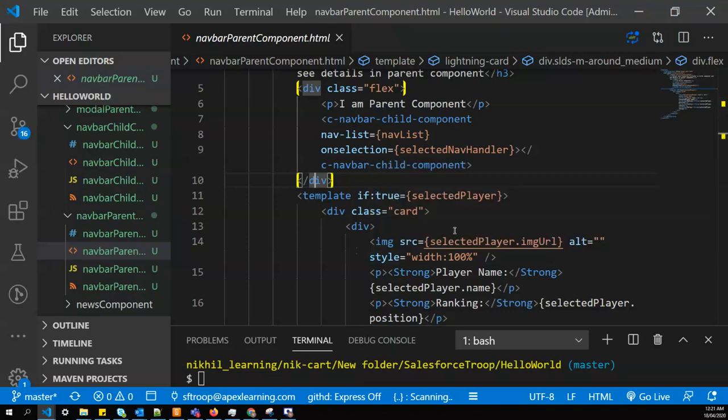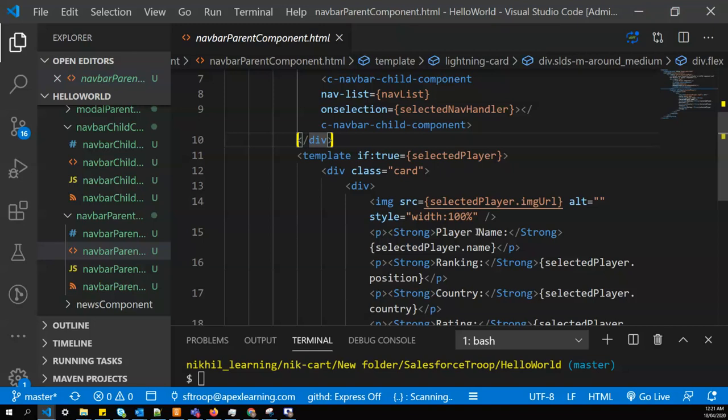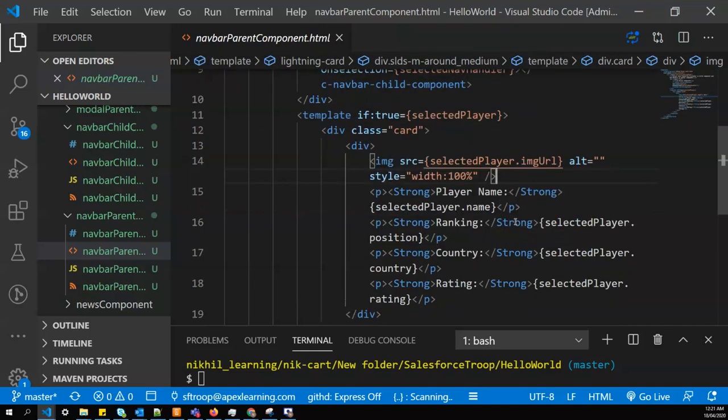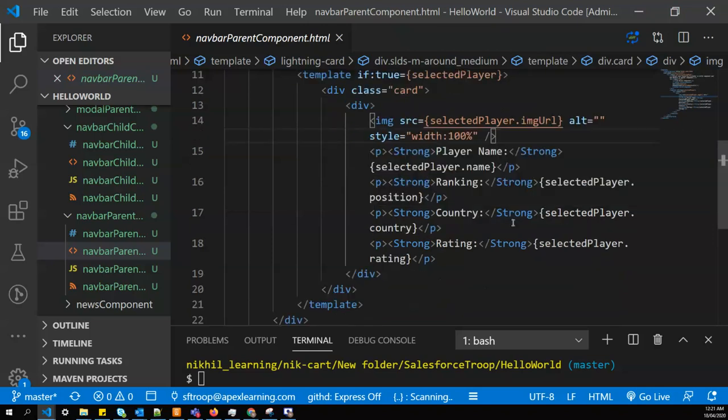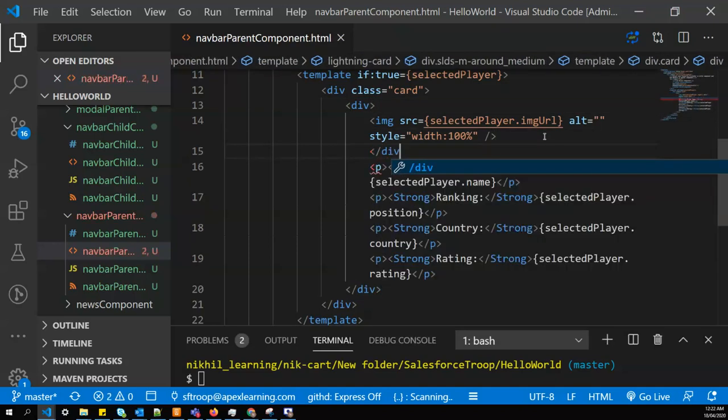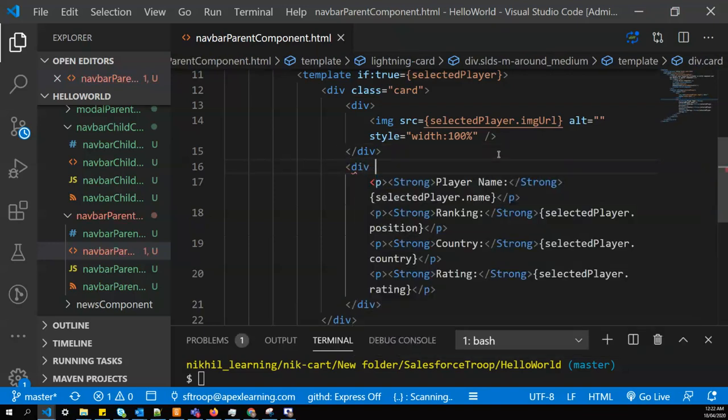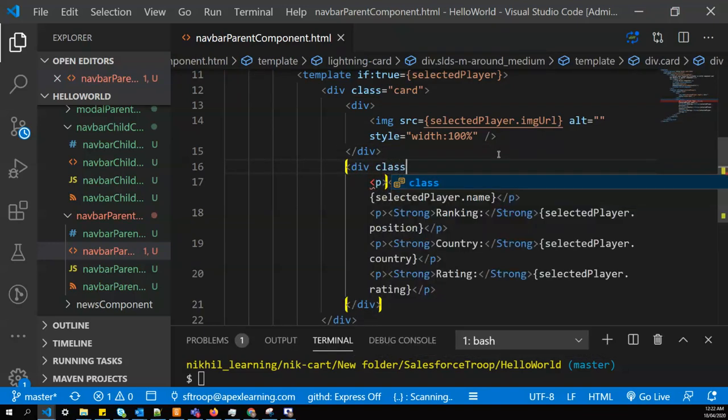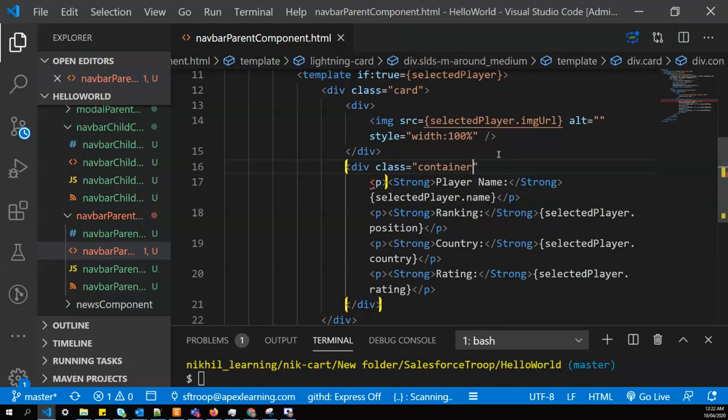We have our card component, we have a card. Within the card we should have our div here, we missed that actually. Within this I can say class container.